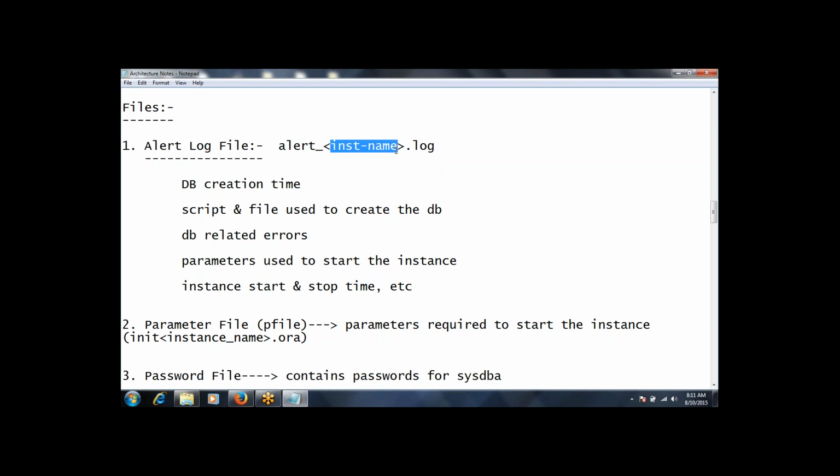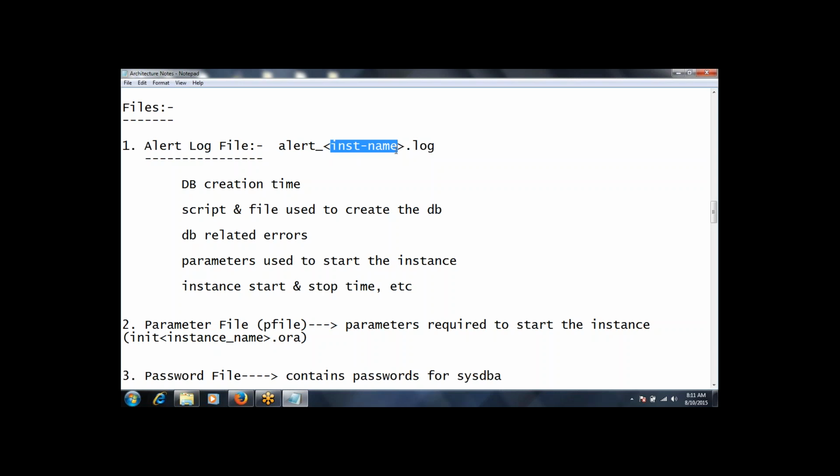So this file is very important. Whenever we get any database error, we have to first go and refer to this file. All database related errors will be recorded in this log file. It also contains when the database was created, when the database instance was started, and when it was stopped. And to start the database, there are certain files like parameter file, server parameter file, P file and SP file.